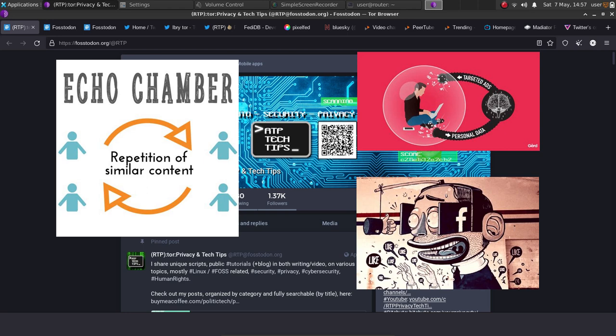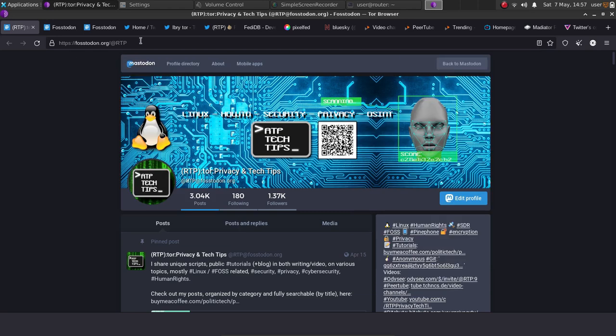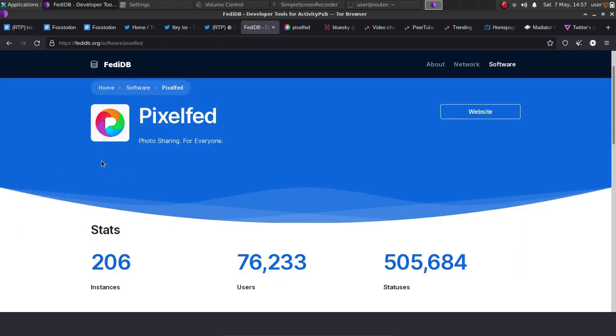I want to introduce a couple different platforms that are open source, fully open source, that are federated. You can search locally. You can also search across all the federated servers. So for example, let's first take a look at Pixelfed, which is a nice alternative to Instagram. Now, this one is one of the newer platforms.